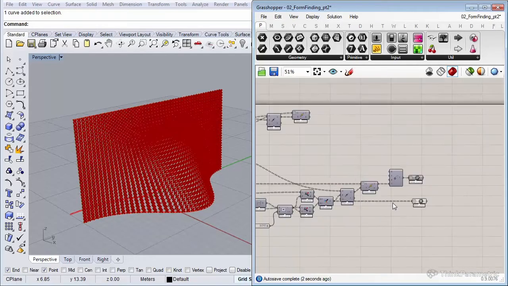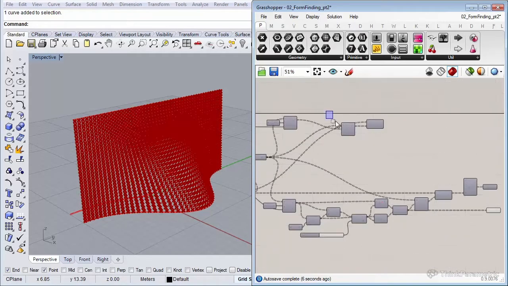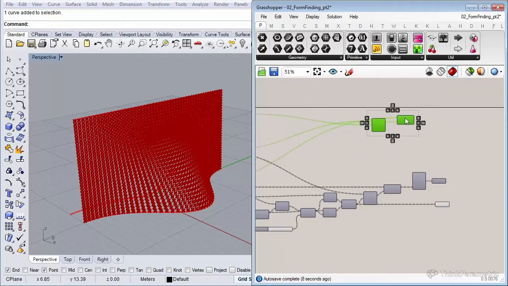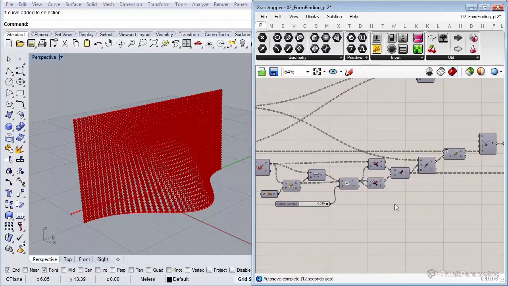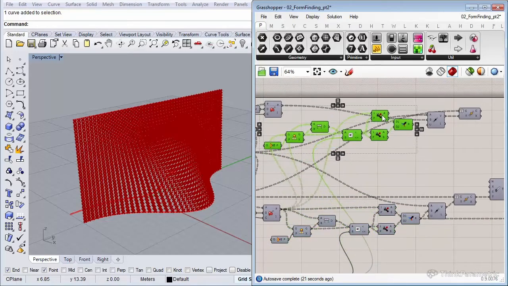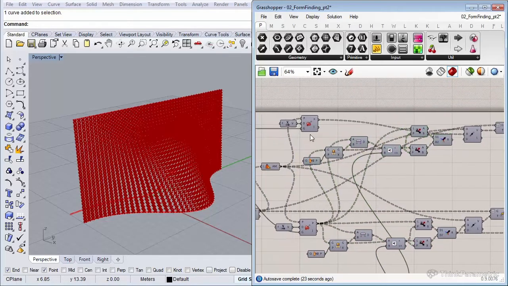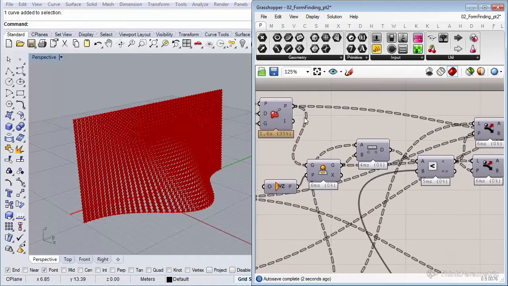So let's do the same for the left side. So let's move these components a little bit to the right. And let's reconnect our components.